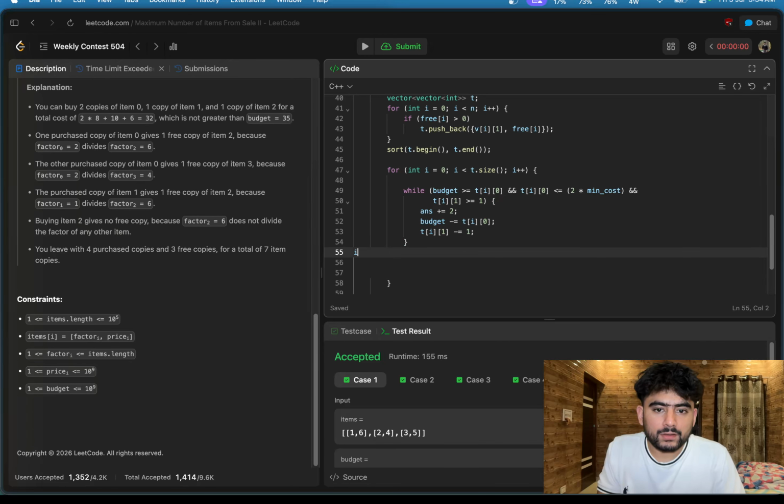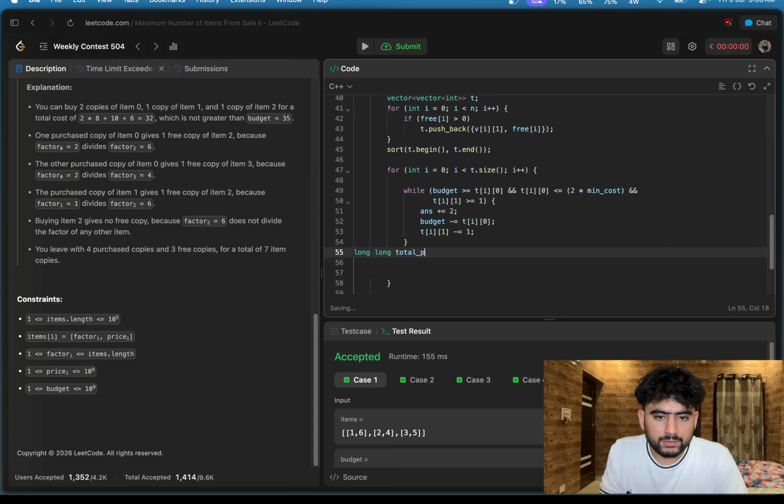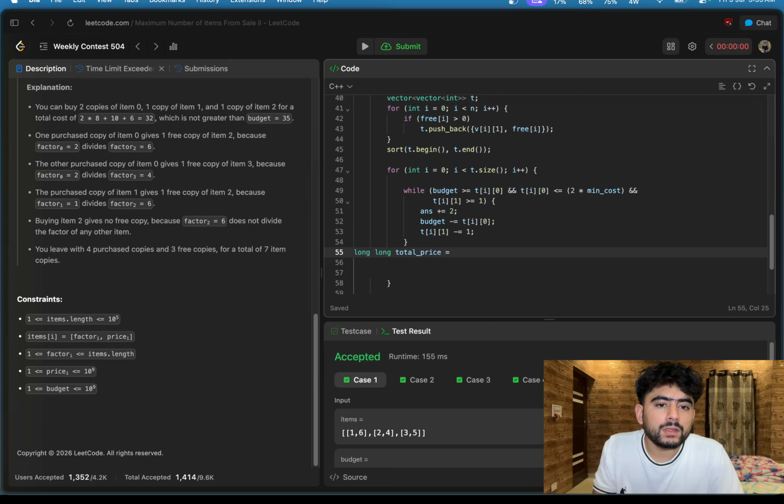So like int max, total price is going to be